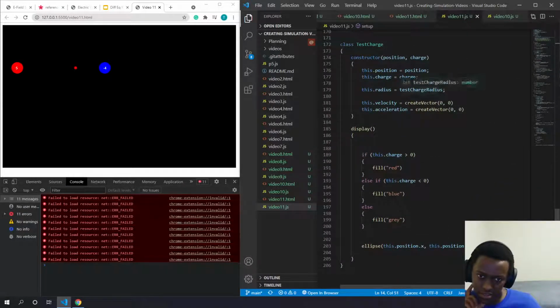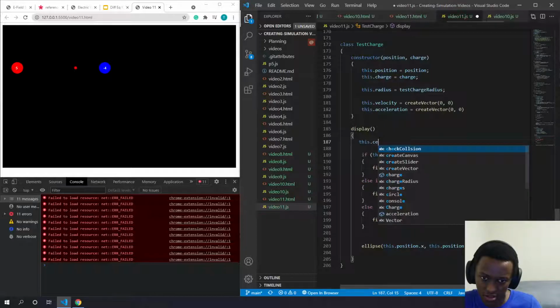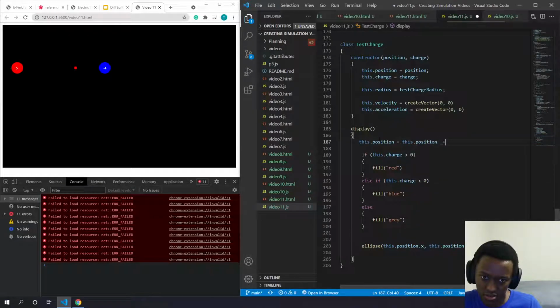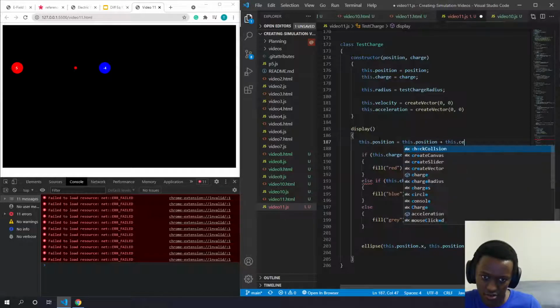So let's just see. I talked about before that I have position, velocity, and acceleration, and I'm going to be adding those together every frame to get it to actually move. So let's start with just velocity. The natural thing to do might be to say this.position equals this.position plus this.velocity,